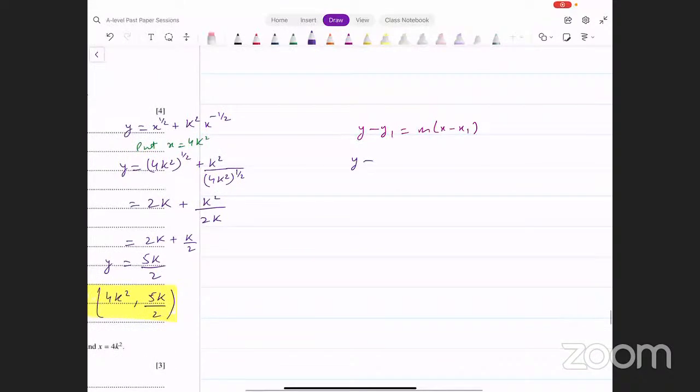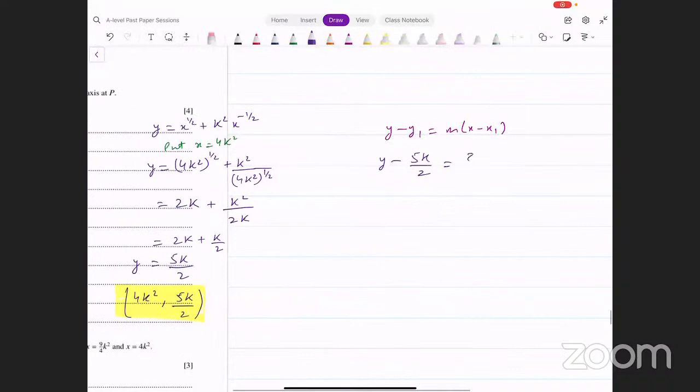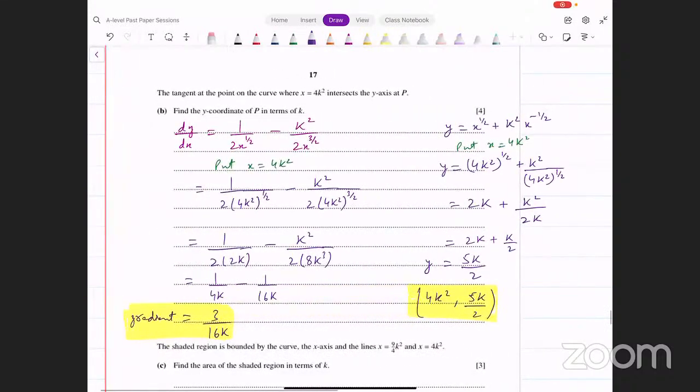So it becomes y minus 5k/2 equals gradient, that's 3/16 times k, into x minus 4k². ये आपके पास इक्वेशन आ गई उस टेंजेंट की। अब उसने क्या कहा है, it intersects the y axis at P, find the y coordinate of P। तो बेसिकली इसका y इंटरसेप्ट फाइंड करना